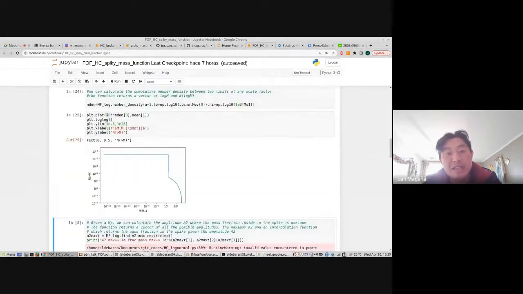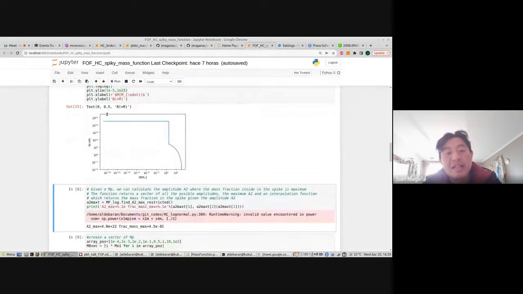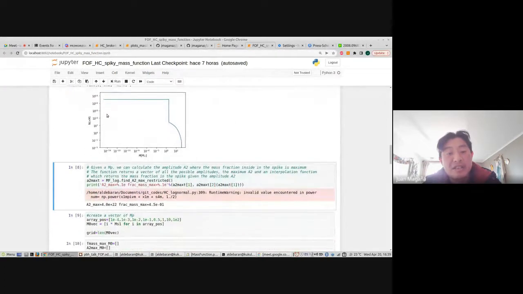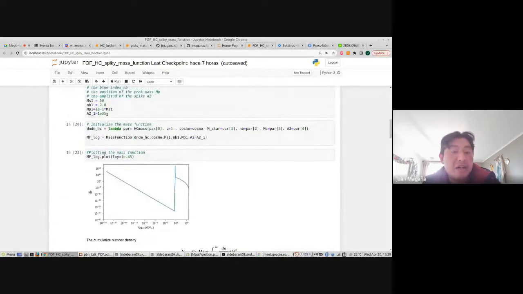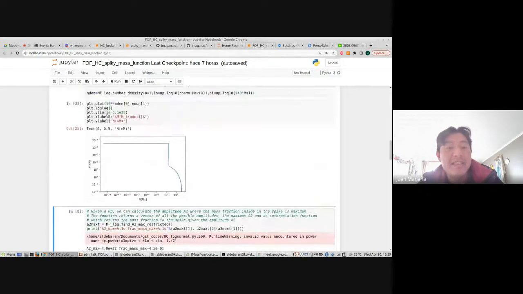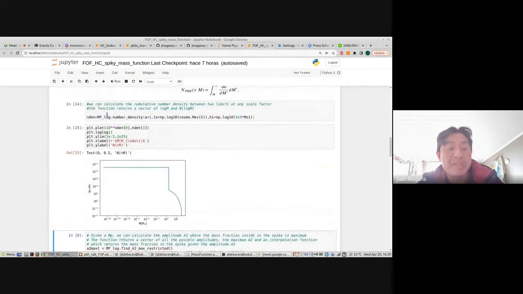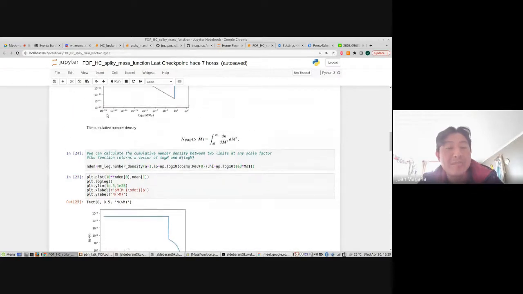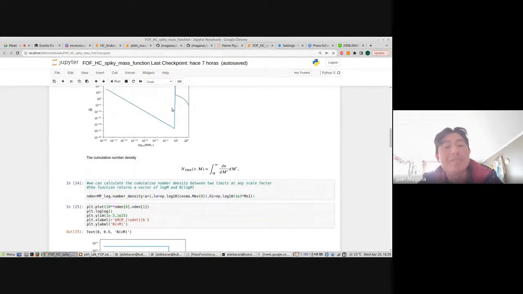But as I mentioned in the talk, up to now, this value of the amplitude A2 is set by hand, but now I can calculate the amplitude to obtain the maximum fraction of mass inside the spike with respect to the total mass of the distribution.